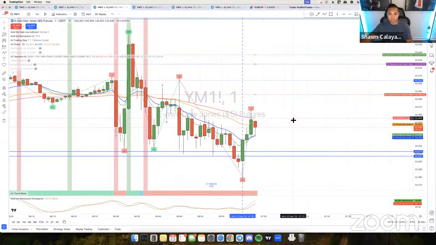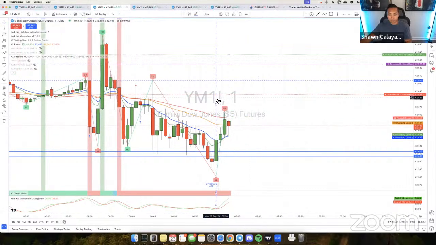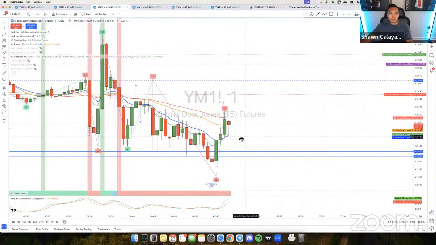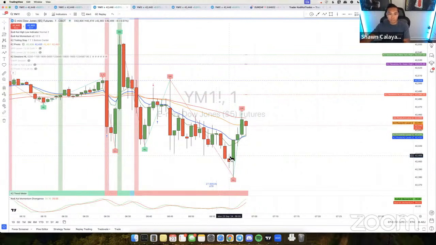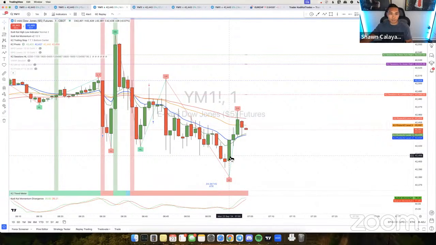There are no other entries available at the moment, guys. I'll keep looking for some more market flows that may come up after, but at this very moment, there's just nothing available right now. If you guys took these two lower levels of liquidity, this one over here hit full TP, and this one over here hit full TP as well. So there are a lot of different entries coming up.